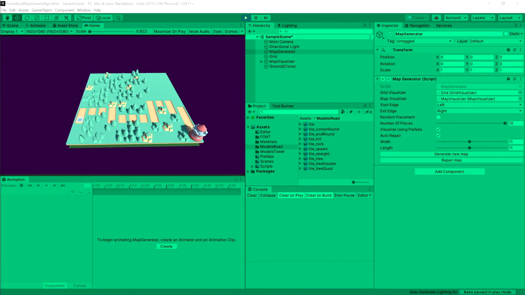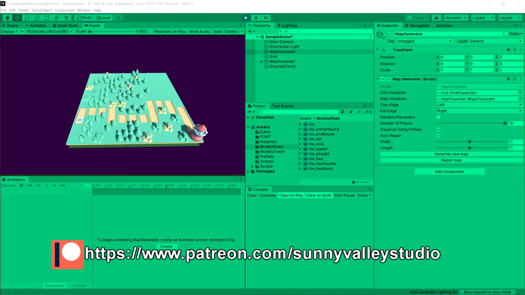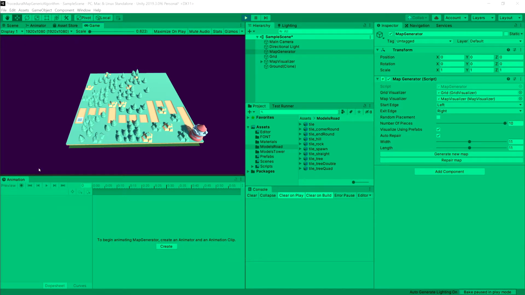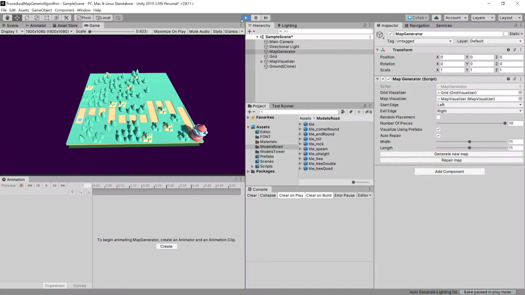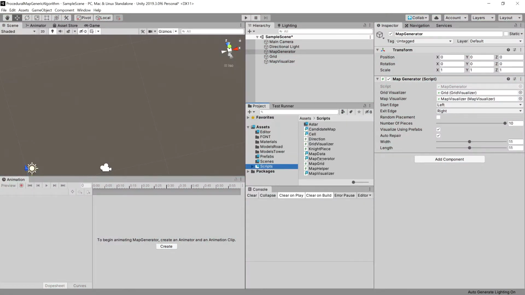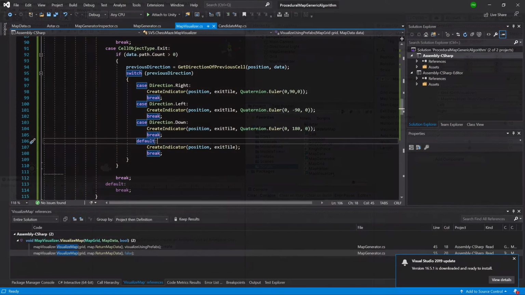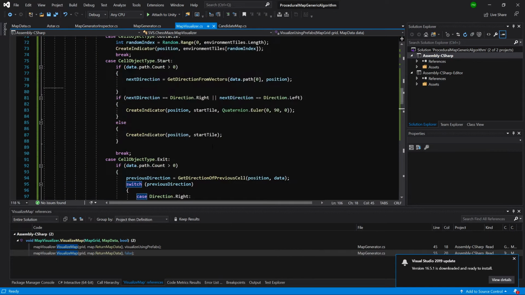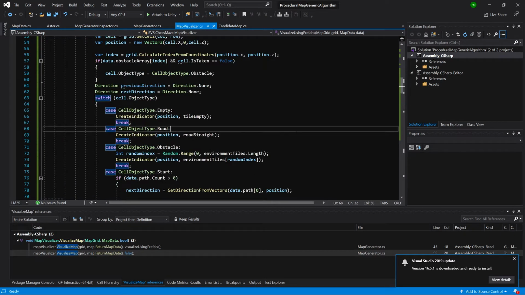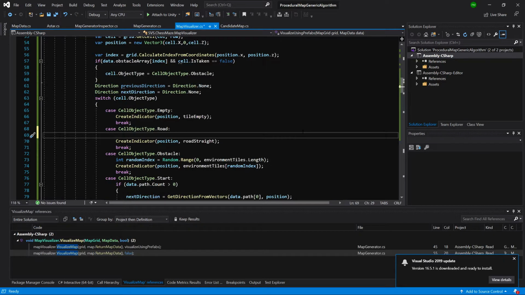In the previous video, we have rotated our start and end position to meet the direction our road lead. Now we are going to take care of rotating road and placing corners where there need to be a corner. So let's go back to our script called Map Visualizer, and we are going to go to the space where we create our road. And here, again, we are going to call if